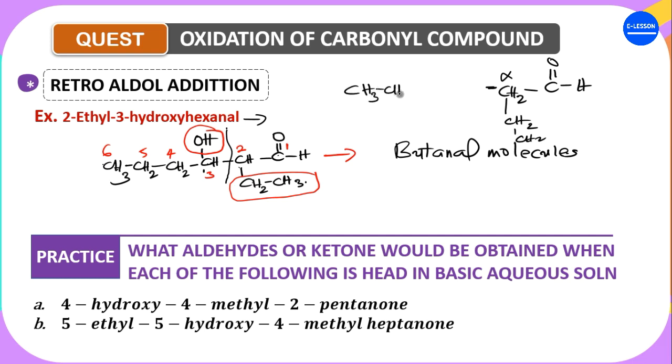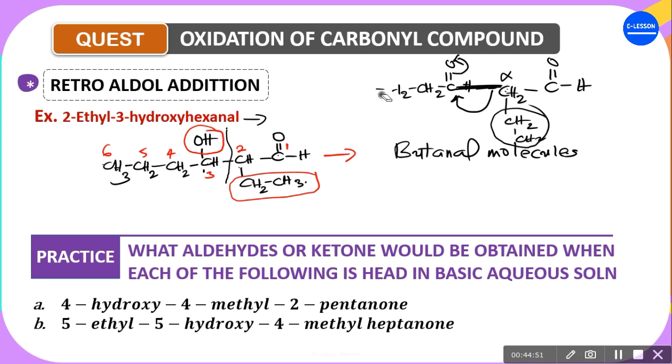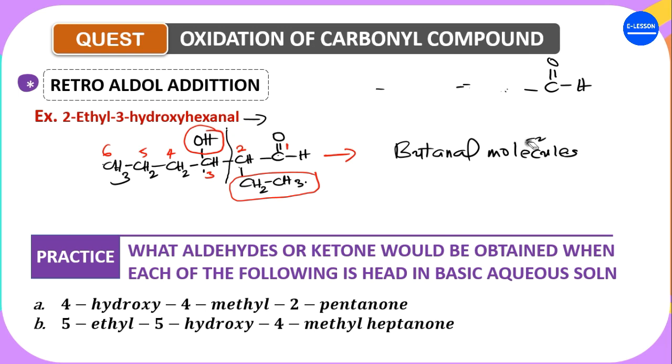which is something like this: CH3, CH2, CH2, C double bond H. This is butanal now. So when this one attacks here, this one goes up. It forms the product in such a way that when these two now form a bond between this, automatically in chemistry, this becomes a substituent. Is that understood? So what you are going to do for me now, as a practice question, is look at